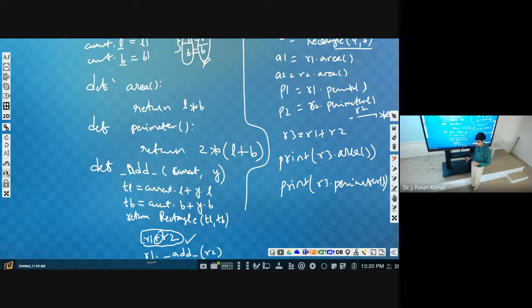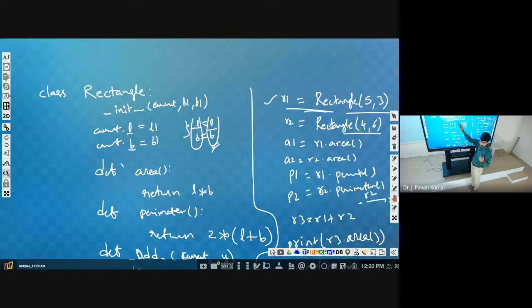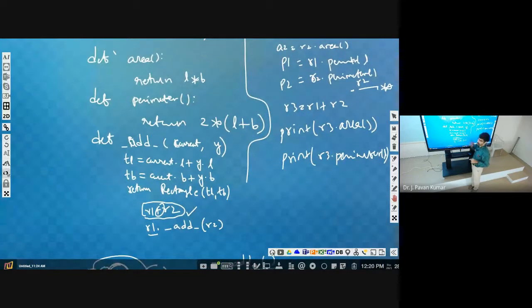Now, with what object we are calling, that will be considered as the first parameter. You can use any name here, that should be the first name. Whatever the first parameter we use, that will be considered as the current object. Like we have considered here self in init, the first one will be some object name. Similarly here also first parameter will be considered as the object. So by using these two objects we have to get length and breadth.